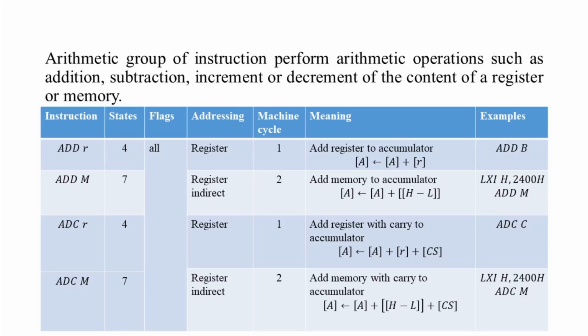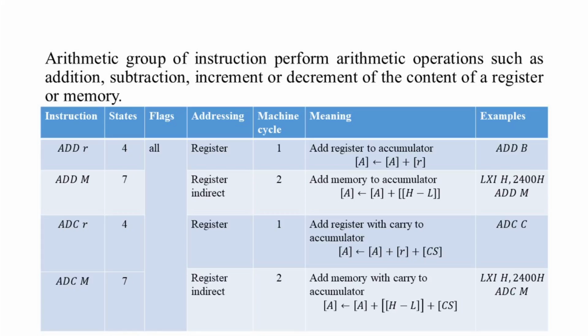First one is ADD R. Here the small letter R represents a register. The mnemonic, or the opcode, is ADD. Opcode ADD, operand is R. That is, the operand is in the register. So when we execute this instruction,